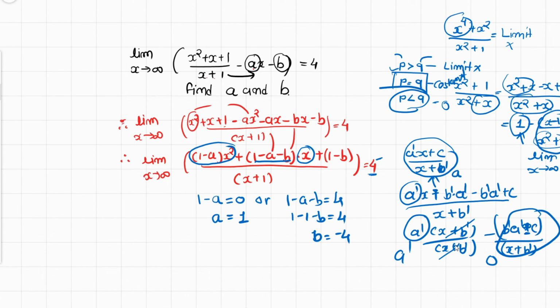So for this type of problem, what we should do is try to figure out some conditions: what can be the value if power of numerator is greater than, equal to, or less than the power of the denominator, what should be the output, and we can take the equivalent condition to solve our problem. This is the problem for today. So I wish you have understood the problem as well as the steps to follow to solve that problem.